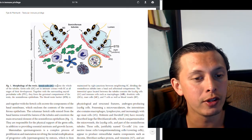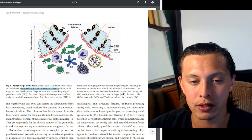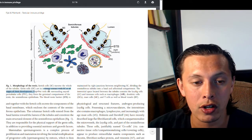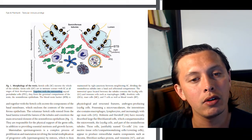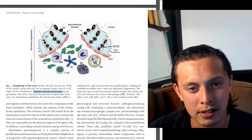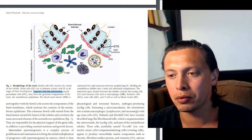Right, so here is the morphology of the testis. Sertoli cells traverse the whole of the tubules. Germ cells are in intimate contact with Sertoli cells at all stages of development, together with the surround. Oh, really? So yeah, maybe they even stay within these small areas as they're transferring through the